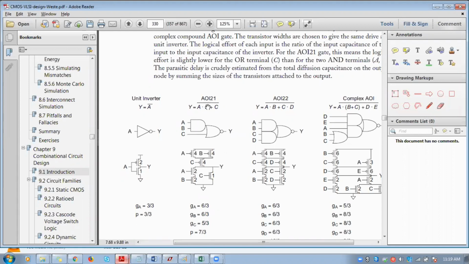But in this case, if a plus is coming, you have two terms here. A dot B is one term, C is another term. So if you see here A dot B plus C dot B, you have two terms. If you go with A dot B plus C plus D, you have three terms. A dot B plus A dot C plus D, you have three terms. So at that time, you have to compute the logical effort separately for each and every input.